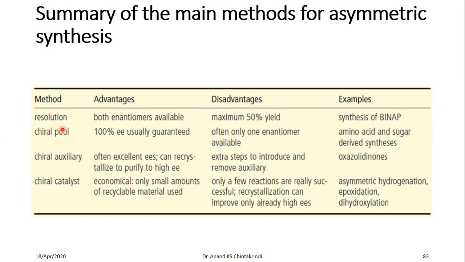The next method was chiral pool. Here you can achieve 100% enantiomeric excess. That means only one type of enantiomer is formed. That is because you are starting with the enantiomerically pure compound, and that compound is also easily available. So it is not an expensive method. But the advantage is itself a disadvantage, that only one enantiomer is available. The other enantiomer you will have to synthesize mainly from higher priced or expensive chiral material, as you have seen in the case of